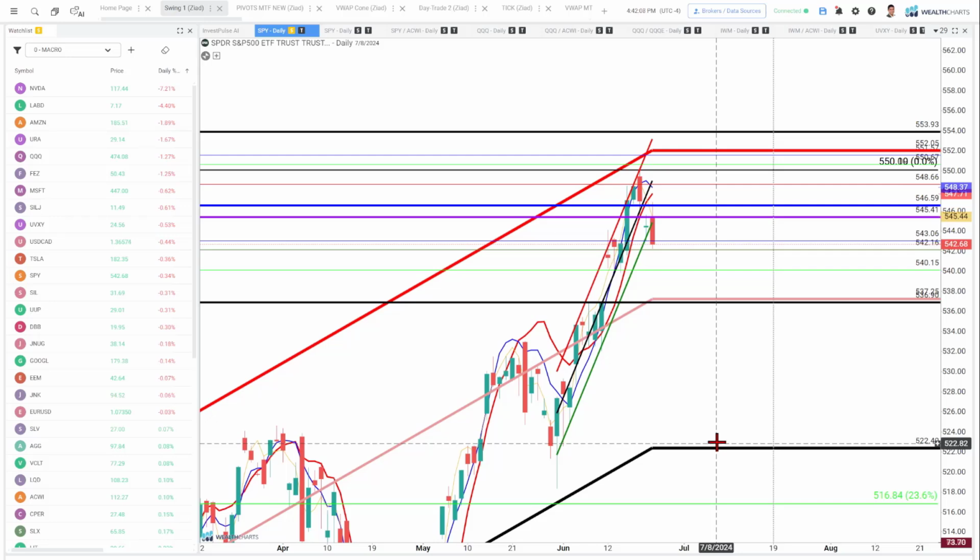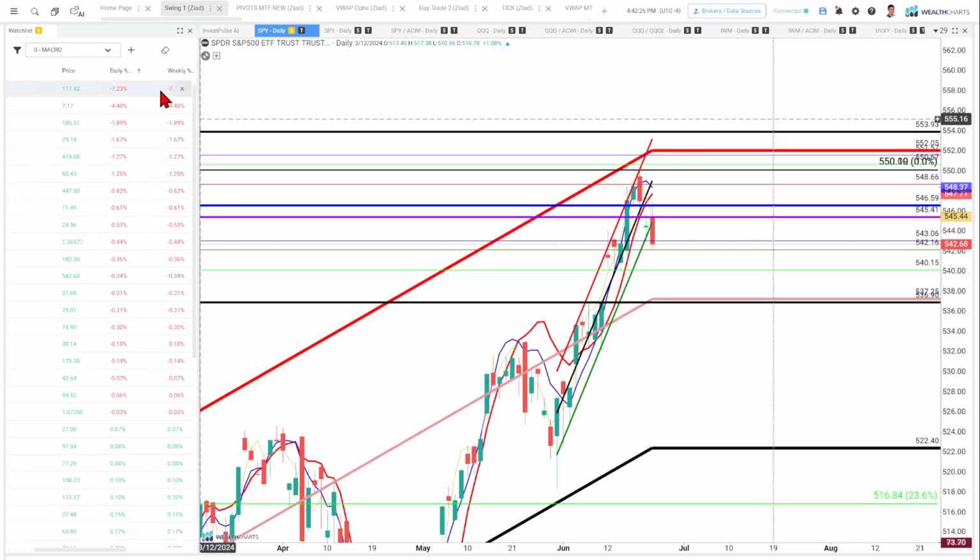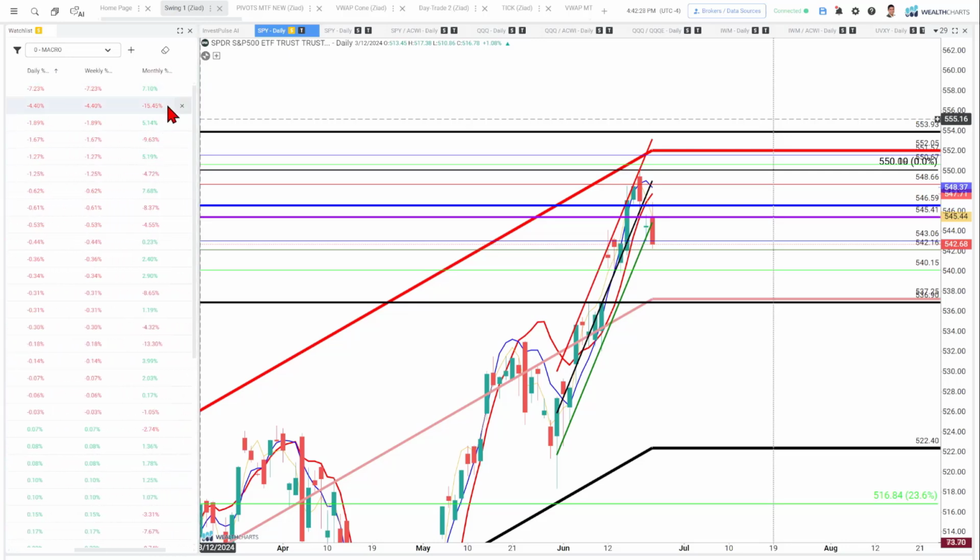Is that big red candle at the hard right edge of the screen driven primarily by the things that I know, we both know, are key negatives that are unwinding? So NVIDIA, you can see over here very clearly, down 7.25%. And if we kind of expand that out and take a look at where the month is, it's effectively now on the month of June, nowhere close to where it was earlier, but still in positive territory, as we can see.